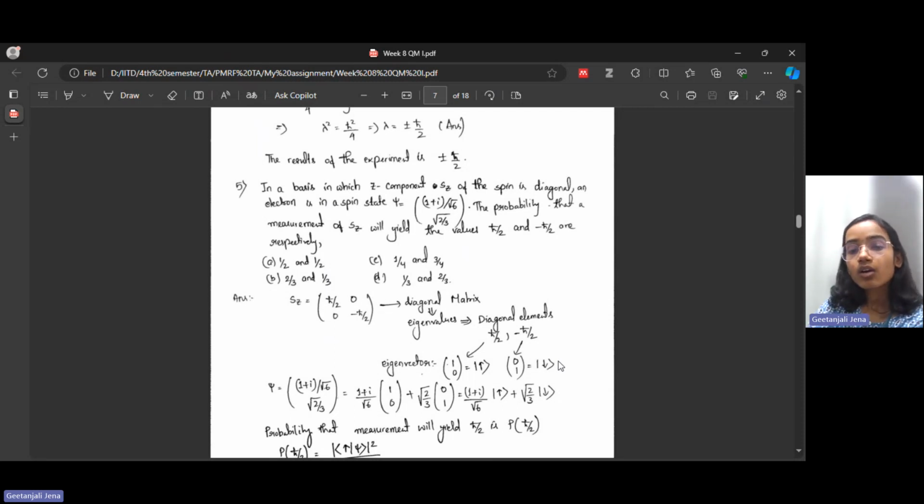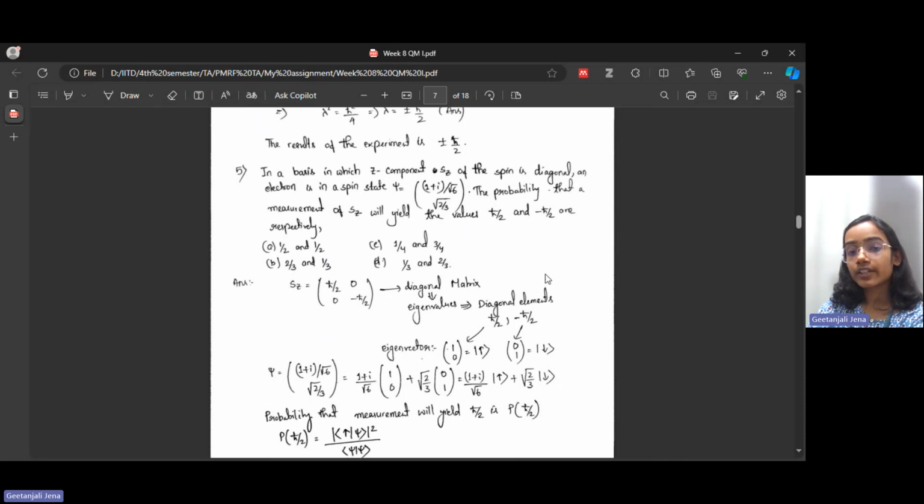Using these eigenvectors of Sz, you express the spin state psi in terms of the up arrow and down arrow. Psi is already given to you, so you can represent psi as (1 plus i) by root 6 times 1, 0, and